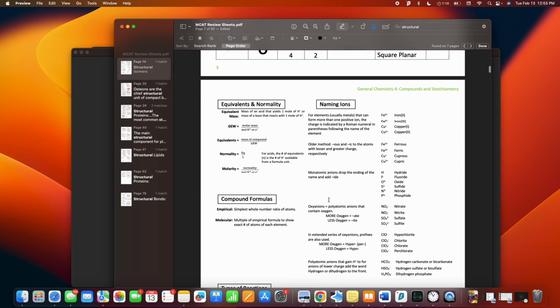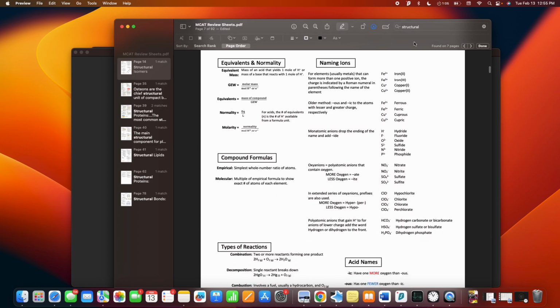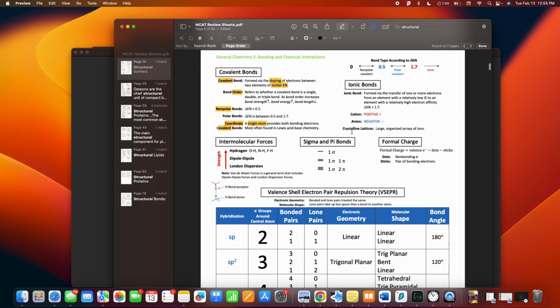This is a warp speed method of studying we're trying to do. So we're almost out of time. We have only a minute left. So let's finish